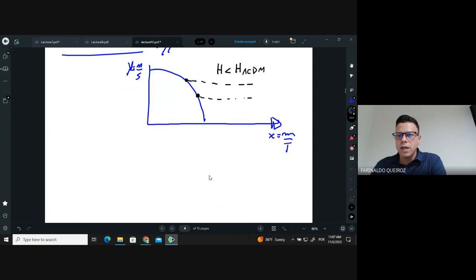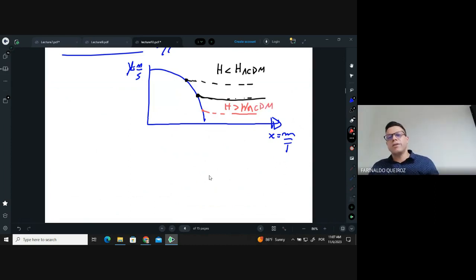And now I'm going to consider this the standard case. And now I can consider an h which is larger, and then it will take longer to find it. So let's say this one. Then it's an h which is larger than h lambda CDM. So it's the same scenario. I'm just changing the side of the equation which I'm changing. But at the end, you see that even though I have, in this case,